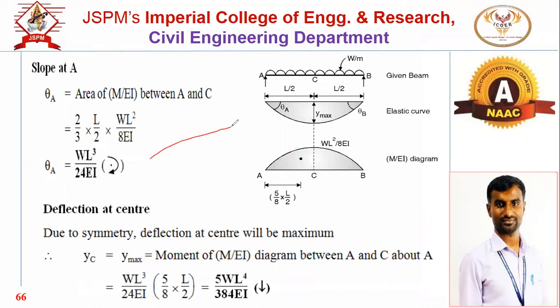Now in an examination, if they have given a simply supported beam subjected to UDL on the entire span, and they have given the value, suppose UDL is 10 and the span is 4 meter, and they have asked to find out the deflection at center, YC. How will you proceed? How will you solve it? They have given 4 different options. What will be your approach?